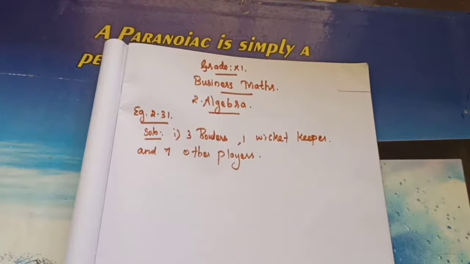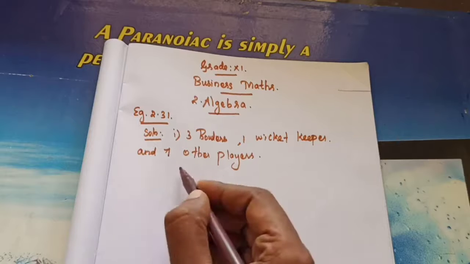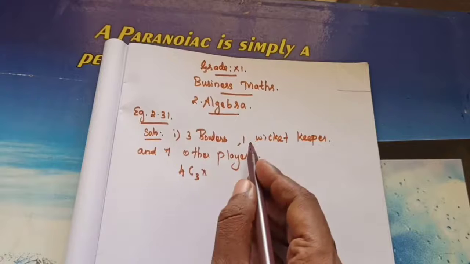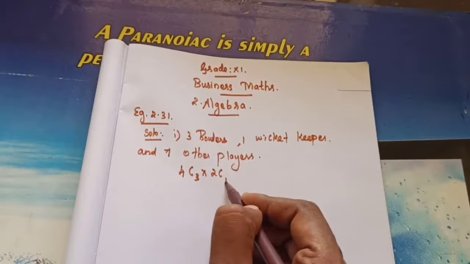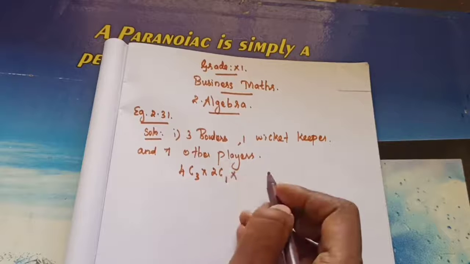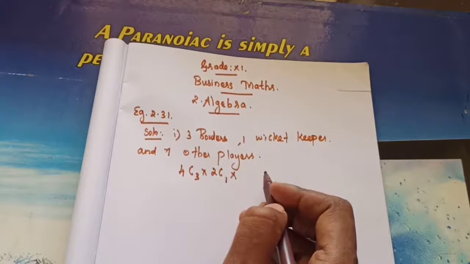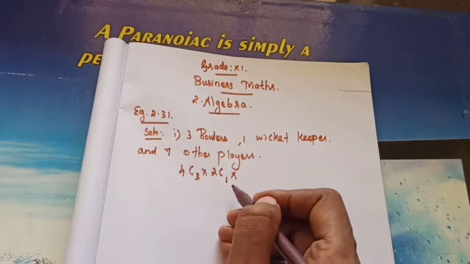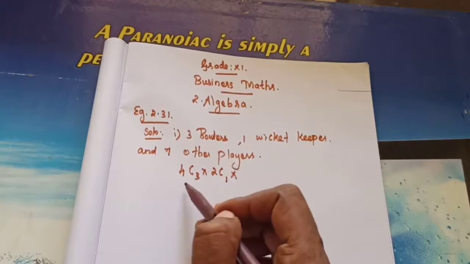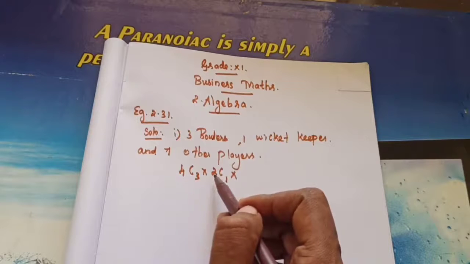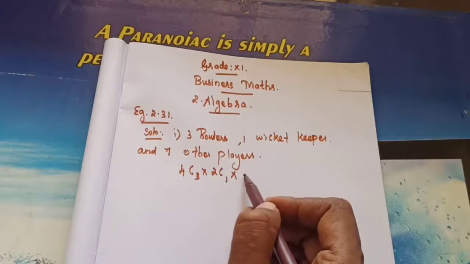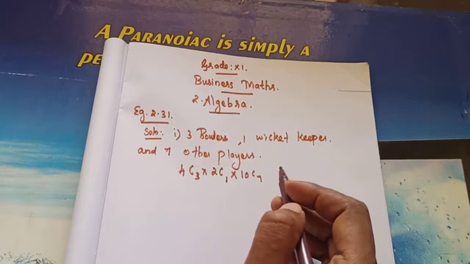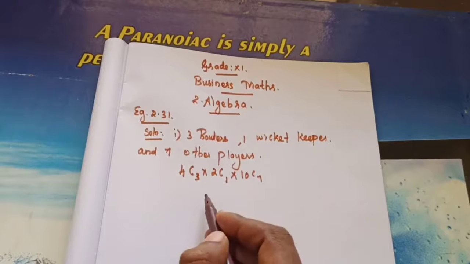Okay. So what is the condition? Out of 4 bowlers, you need to choose 4C3. Okay. Into, then how many wicket keepers do you need to choose? 2, is it right? Out of that, 1 I have chosen. Then how many other players? 10, is it right? So 10 players must be there. Here it is 4, 4 plus 2 means 6. So 6. Remaining, how many players must be there out of 16? 10, is it right? Out of 10, how many I chose? 10C7.